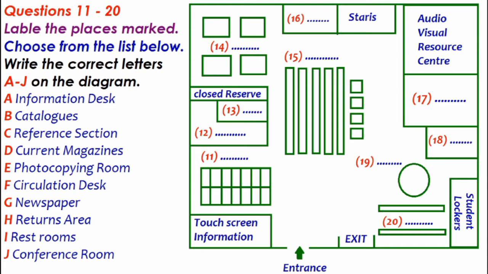Next, along here on the left, we have the circulation desk for borrowing and returning books. The returns area, the place for returned books and other items, is at the end of the circulation desk, near closed reserve. Closed reserve, as most of you probably know, is a collection of books that are in high demand, so they are on restricted circulation. If a book is on closed reserve, you can only borrow it to use within the library for 3 hours